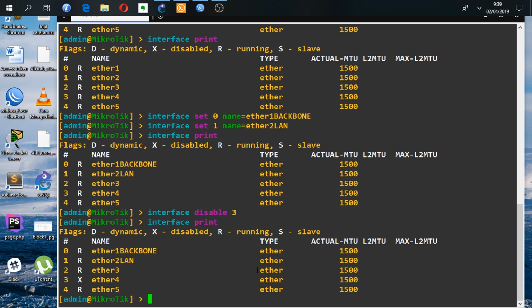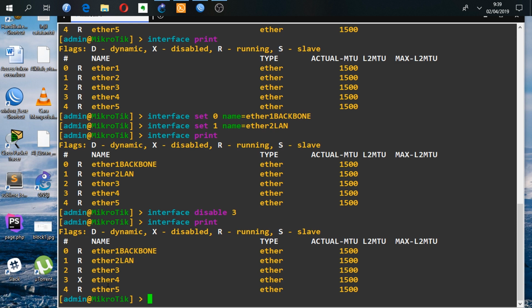Yeah, right now you can see that Ether4 has the symbol X appear. You can look from my pointer, and the other interfaces are still running. This means Ether4 is already disabled.